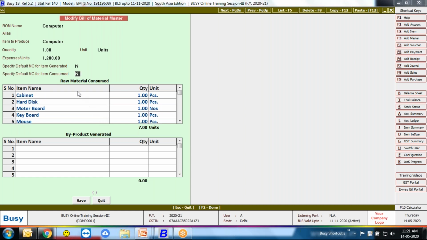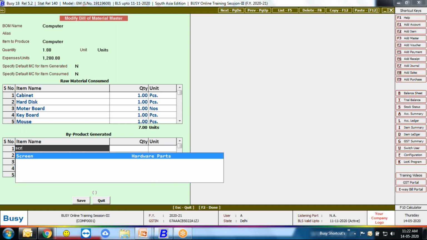In the meantime, if there is any wastage or scrap process, you can use the byproduct generated window also. In that you can define your scrap item or your wastage item.